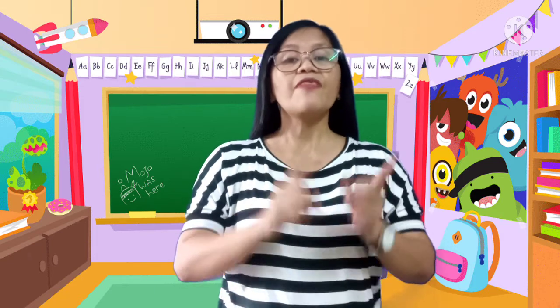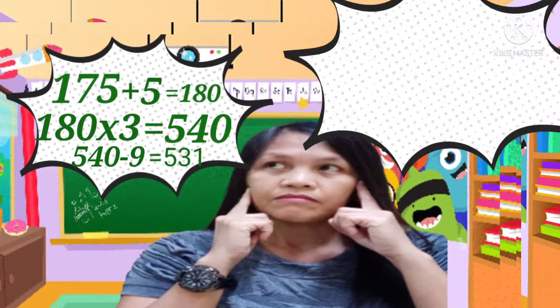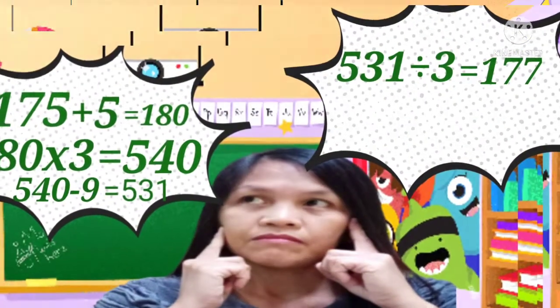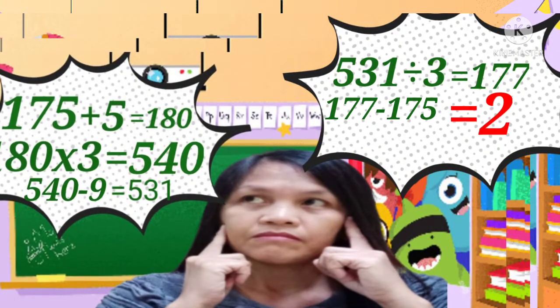Then, divide the result by 3. Then, after that, subtract the overall result by the 3-digit number that you have chosen. And I know that answer. Let me now reveal